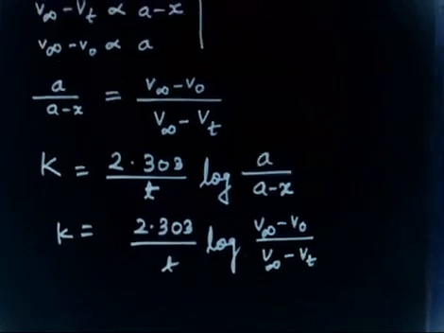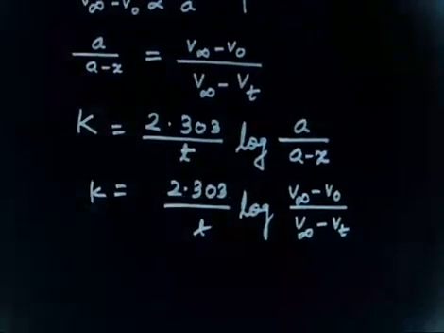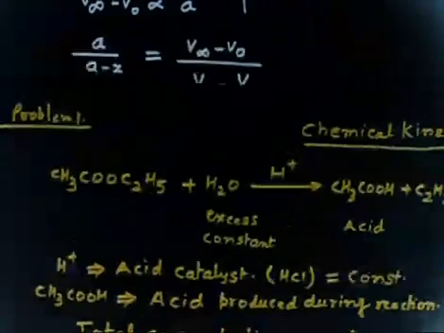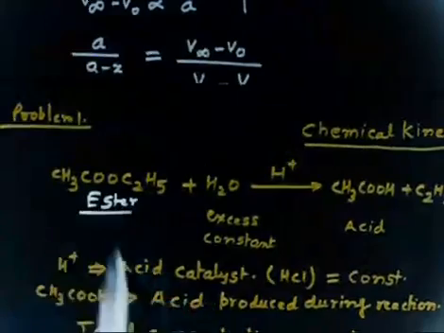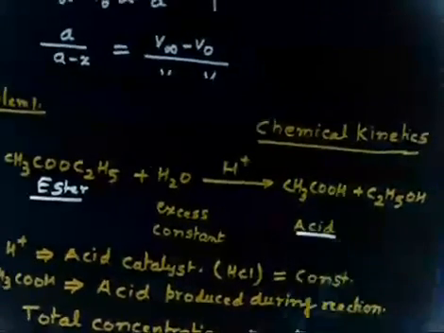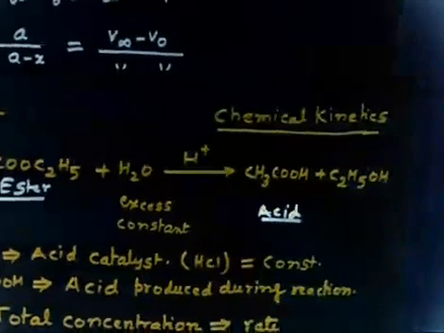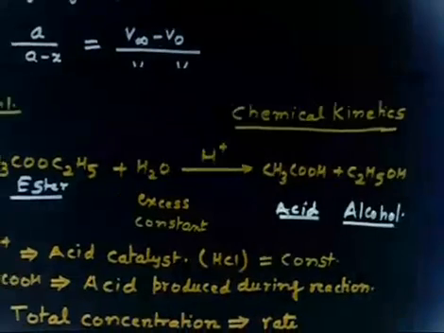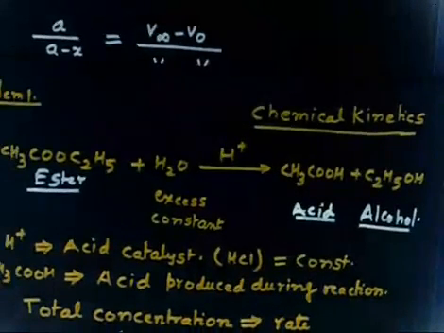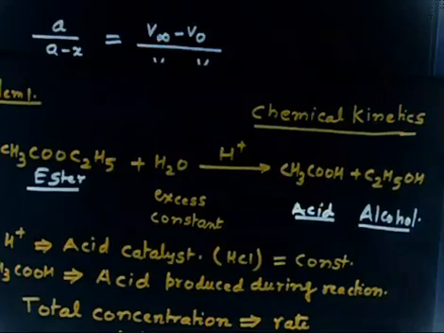So this reaction is generally called hydrolysis of ester. You see, we are doing this, so this is the ester. This is nothing but ester. And this is acid, we have already said. This is the acid and this is alcohol. So basically the rate of a reaction, that is esterification or hydrolysis of ester, can be measured by titrating the mixture at different times. Are you getting it? So acid base titration.